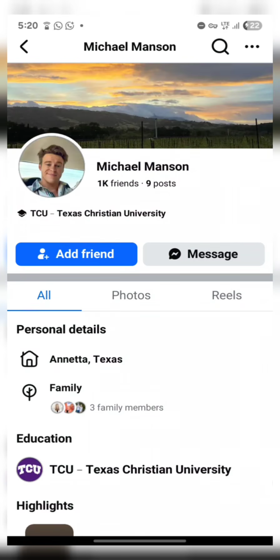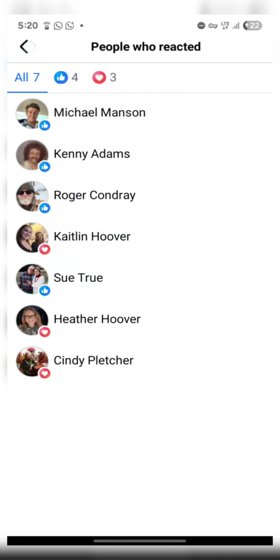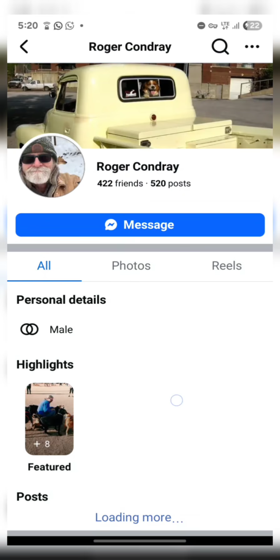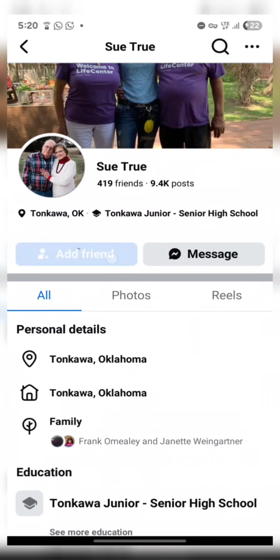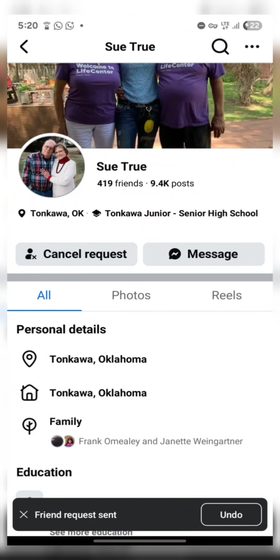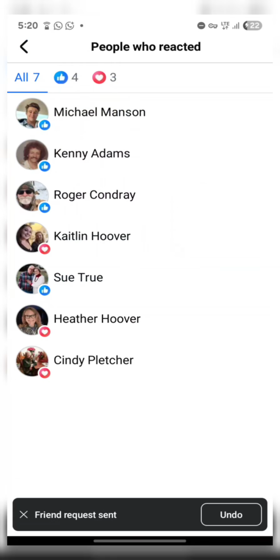I post. Go back. 420. You can add this. So just like that, you'll be adding people. You'll be using your Avast VPN to add. Then you use your